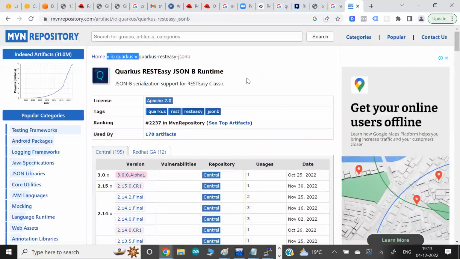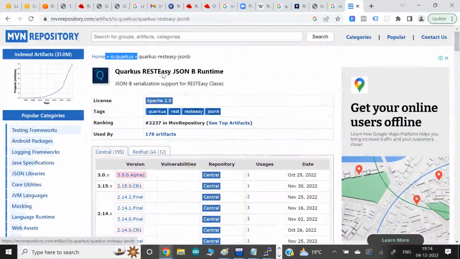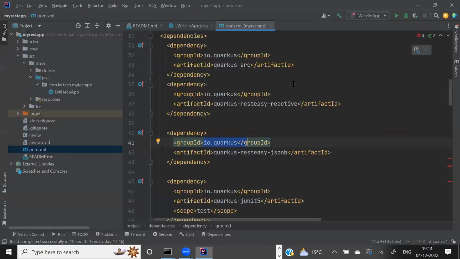The simplest way to check is to go to this website. Maven repository is a central website, and almost all the Java libraries are available. They will tell you the name of the library. This one. What does it do? Any REST API call, they convert to JSON. Why, we will discuss, but they convert to JSON. That's what they tell you. And this library is in this group, this folder. That's what they write here.